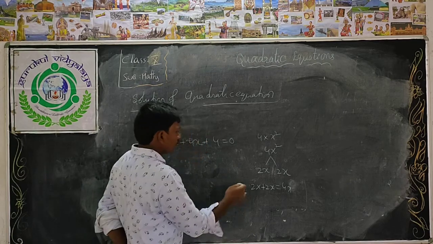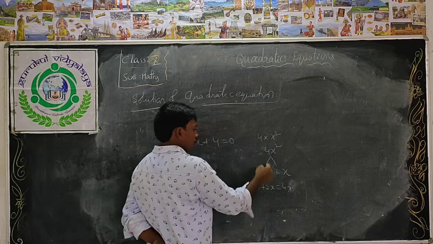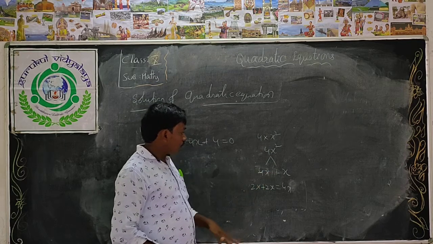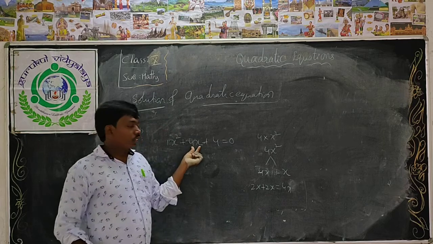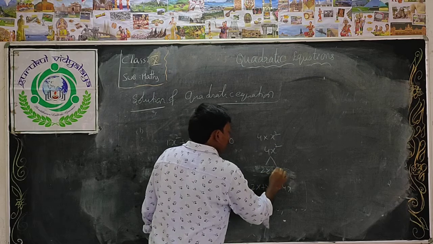That is the splitting method. Otherwise, I will take another one, for example 4x and 1x. 4 ones are 4, x and x, 4x square. That is correct. But adding or subtracting, 4x minus 1x is 3x, and 4x plus 1x is 5x. But what is the middle term? 4x. So it is not. What is it? Only 2x and 2x.